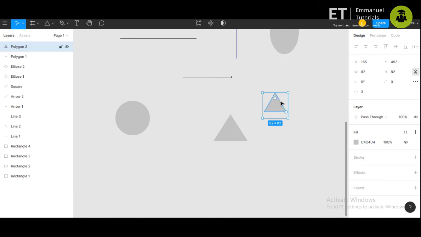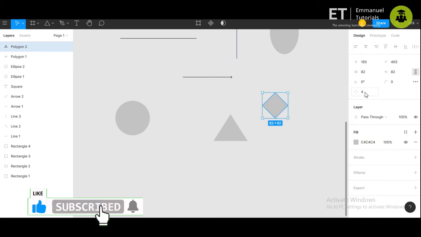Now if you want to increase the number of sides of this polygon, you have this field in the design window where you can give the count. So if I make it 4, this will become a rhombus shape. If you make it 5, it will become a pentagon. Similarly 6 and 7 and so on. So this way you can customize your shape.